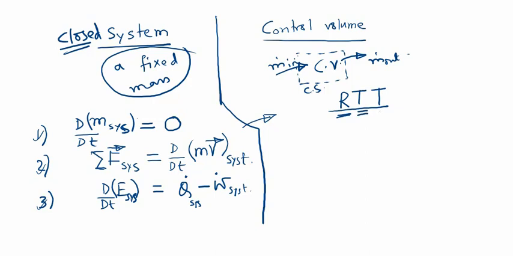This is a theorem by which we can relate the laws for the closed system, or the equation written for the system, with the equation for the control volume. And the relationship is like this: if you consider the change,